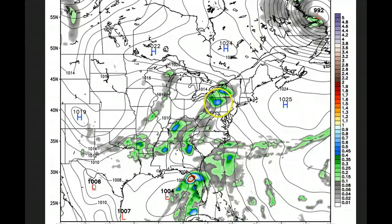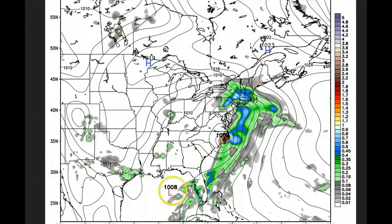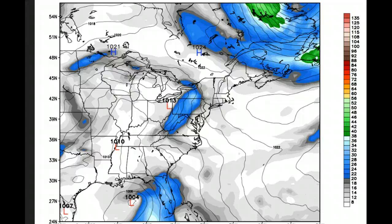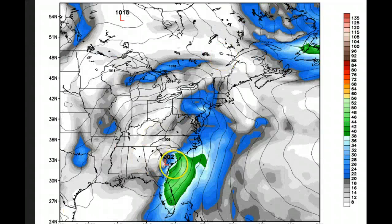This is Thursday morning, here we are right here. Then we move over to Friday morning. So from Thursday morning to Friday morning, then located right near the eastern North Carolina coast, and then shooting off by Saturday morning up into the Canadian Maritimes. Same thing with the Euro. The Euro is just a little slower, but basically the same thing Thursday morning, and then Friday morning, again, a little slower. So this will probably come in sometime Thursday afternoon, Thursday night, and then move up along the eastern